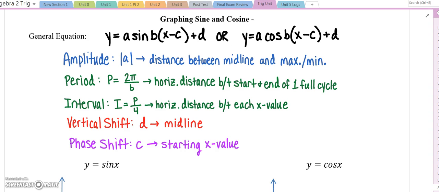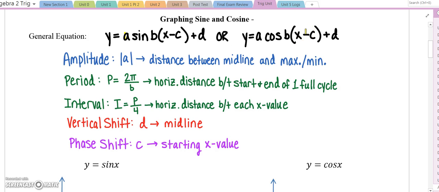These are the two general equations. One's sine, one's cosine. That's the only difference. And you can see we have a bunch of variables going on. There's an A, B, C, and a D, in the same spots. Those are all going to be different transformations that we're doing to the sine and cosine function. So any transformation that's happening inside, so that would be the B and the C, those are horizontal transformations, and they're always reversed. And any transformation that's happening outside, that would be the A and the D, those are vertical and they're always